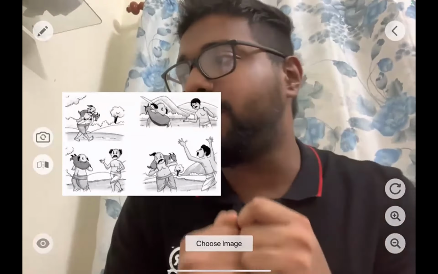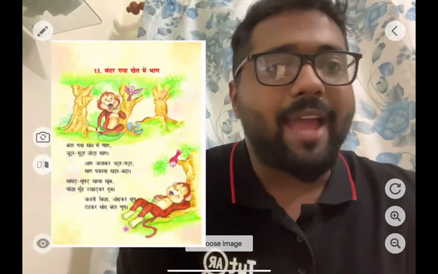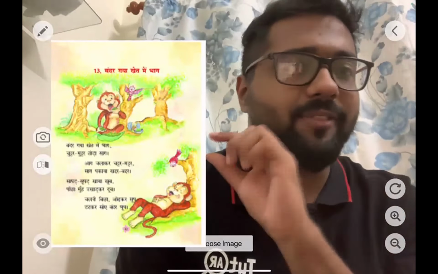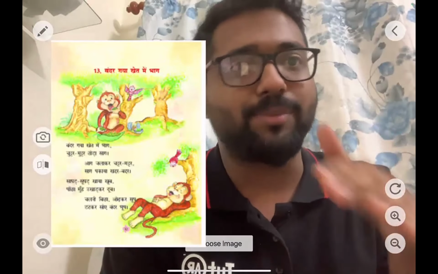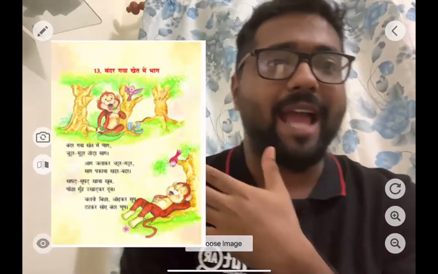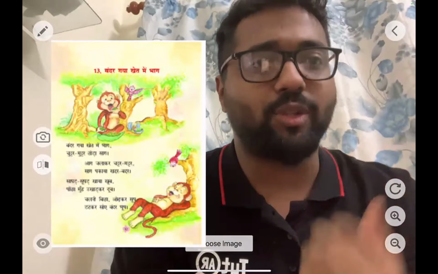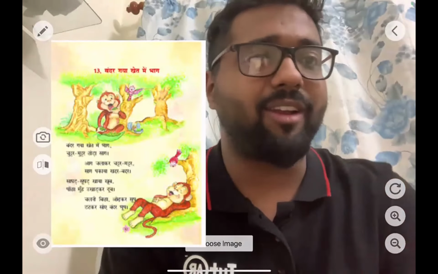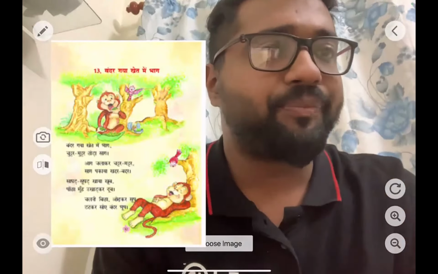I'm just showing one image, which is actually a photograph of a Hindi poem. Okay, I don't know which class it is. I just downloaded it from the internet right now. I can just use this, and I can teach the poem. See, in the first paragraph, it is mentioned like this. So here, you do not need to ask the students to look at the textbook and come back every time. Here you can have the textbook right here, and you can actually take the sessions in a very raw manner. Yeah, great.